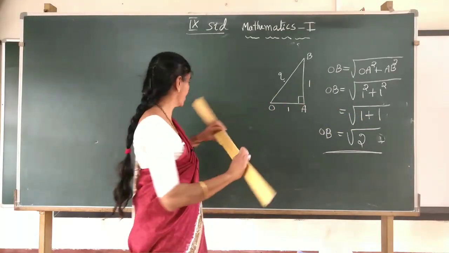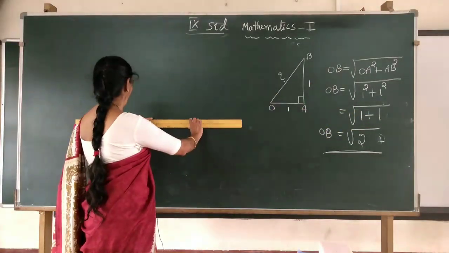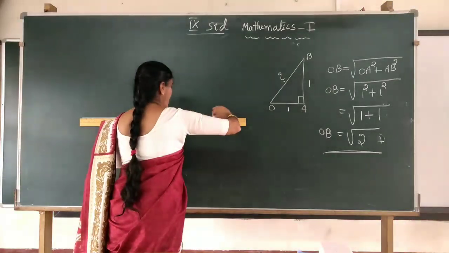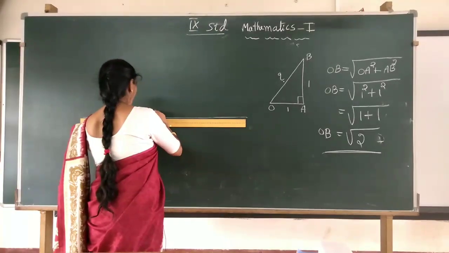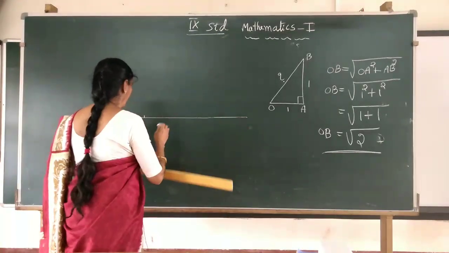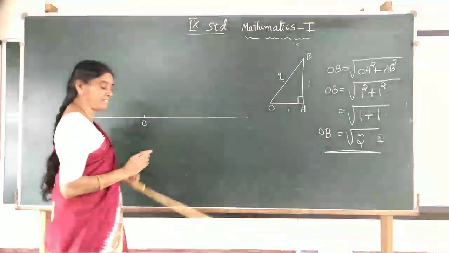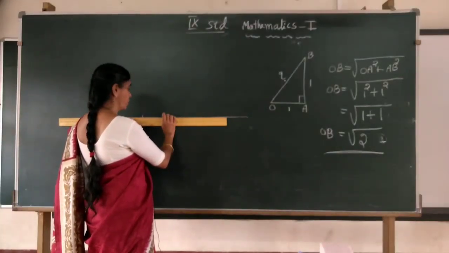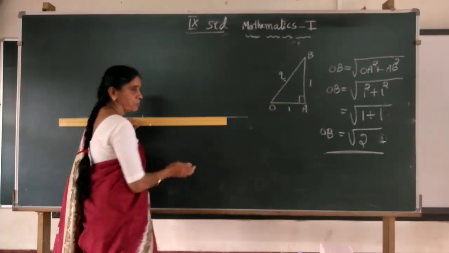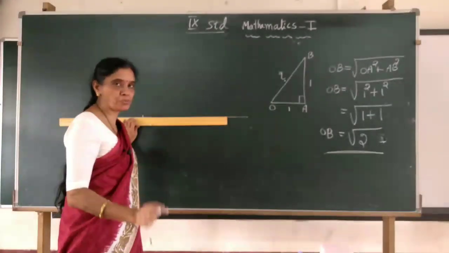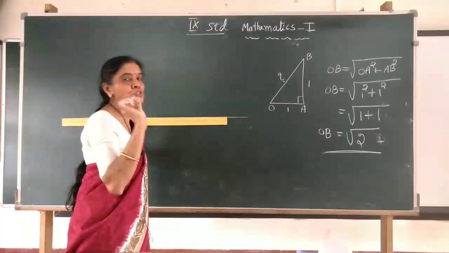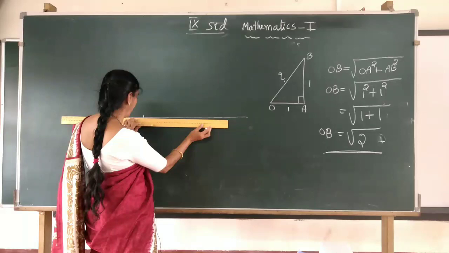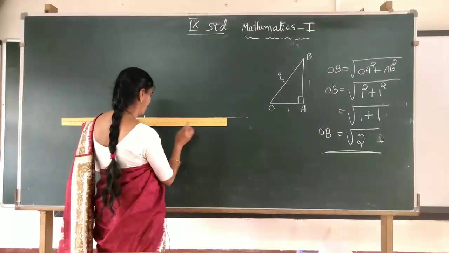Now let us draw the number line first. I will mark it 0. Then I will take equidistance. You have to take equidistance. You may take 1 inch in your textbook. If you take 1 centimeter, it is too small, children, okay? I will take the big unit on the blackboard so that everyone can observe this structure.